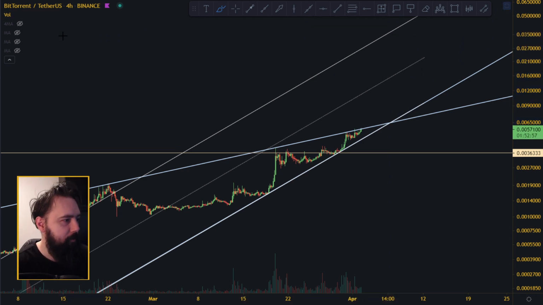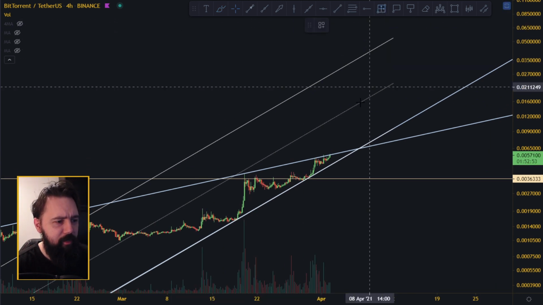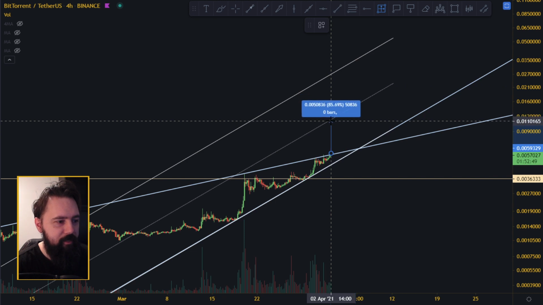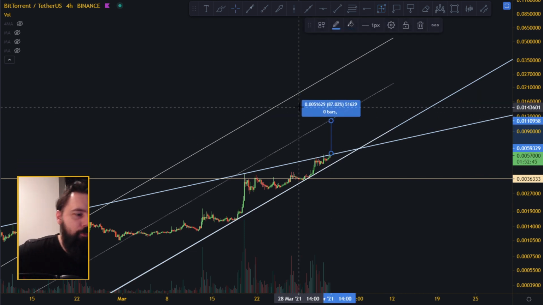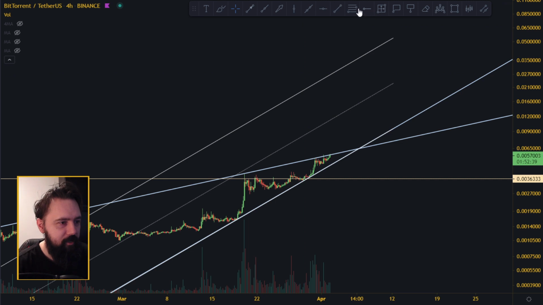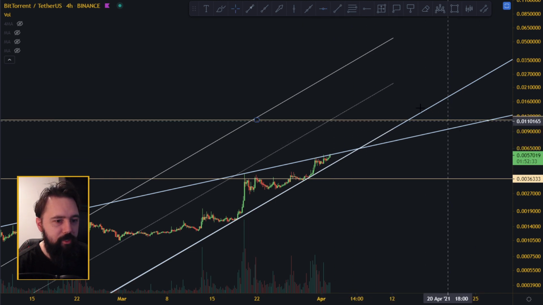But when that's gonna happen, I don't think we're gonna go all the way up to the first target. That's up to, I think, like 300% or something like that. Yeah, that's 300%. I think this first middle line up here should be the target for this move. That's around an 87% move. That'd be a very nice target. So this target comes at exactly, if it goes today, tomorrow, maybe something like this, 0.011.